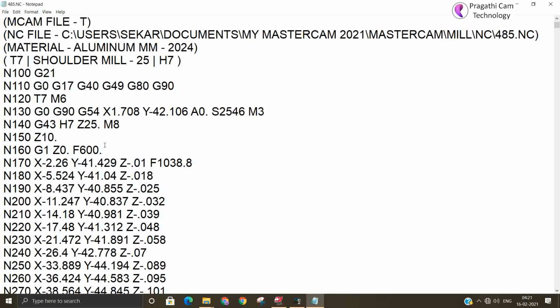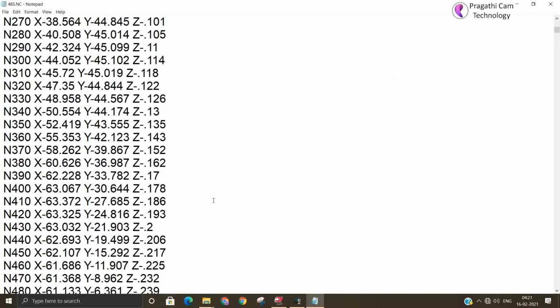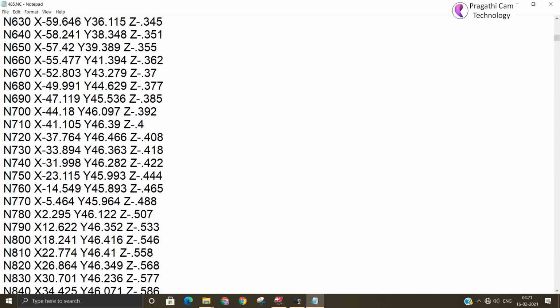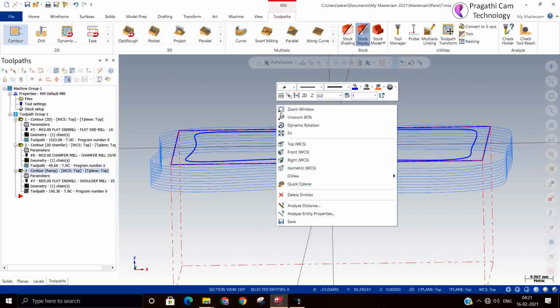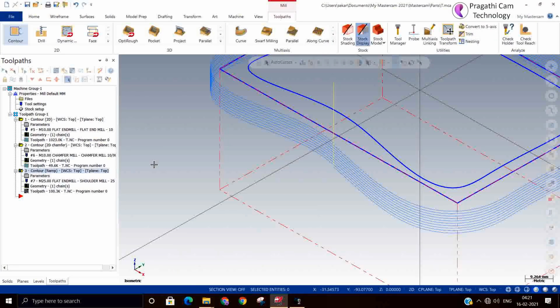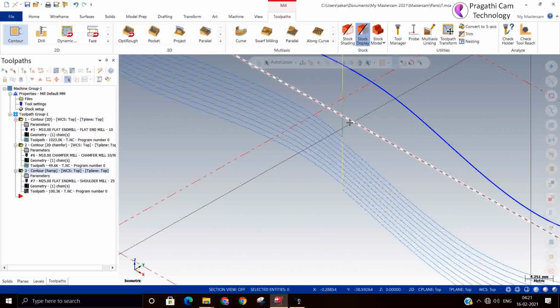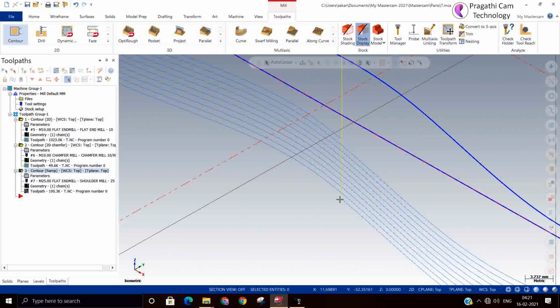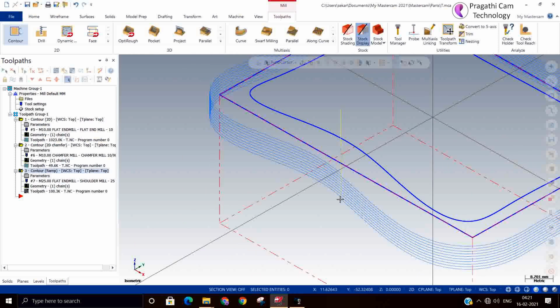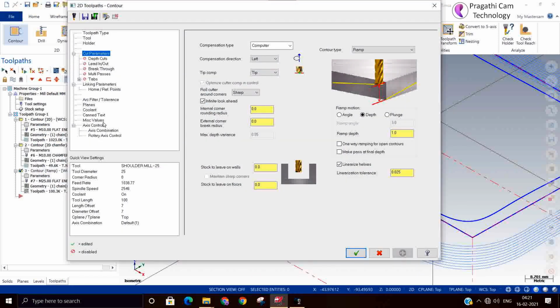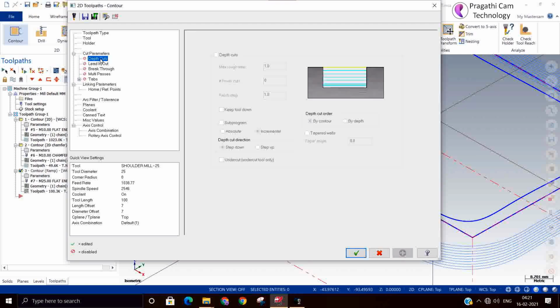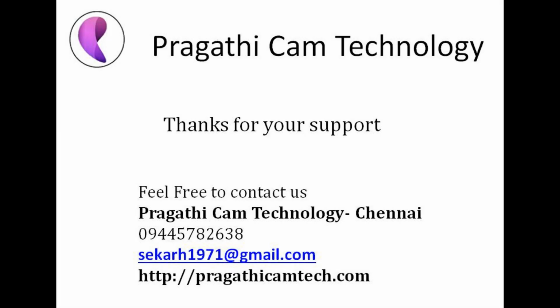But in this type of toolpath you will see X, Y, Z all three coordinates come together. So the entry is happening there, and only after finishing it will come out. If you want an additional finish pass, you can add it here. This is all about the ramp.